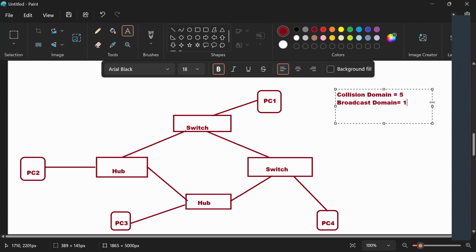These are single ports, and the connection to the hubs is one collision domain. 6 collision, 1 broadcast.